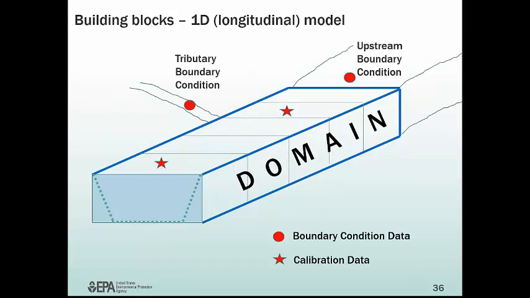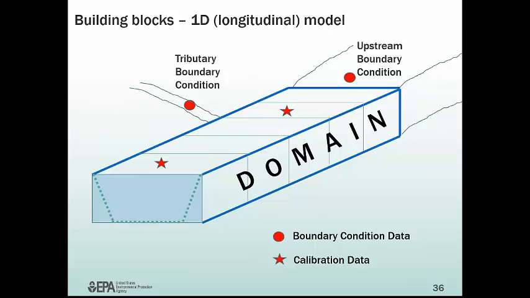Okay, now we go outside the model domain, and this is where we talk about the term boundary conditions. Boundary conditions are basically anything outside the model domain that influences the model domain. Okay, and these can be different kinds of influences. So the first one is a pretty obvious one I'm going to show you, and that is water flowing into